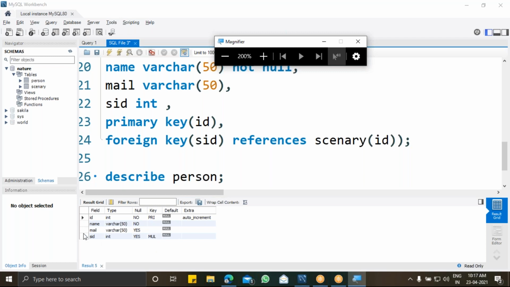And here you can see that SID is going to be a foreign key, and they have given us a keyword like MUL. I don't know what the symbol is, but this is a foreign key constraint. And the extra constraint is auto increment, and the rest of the fields are name and mail ID. So now we are going to insert values into my person table.